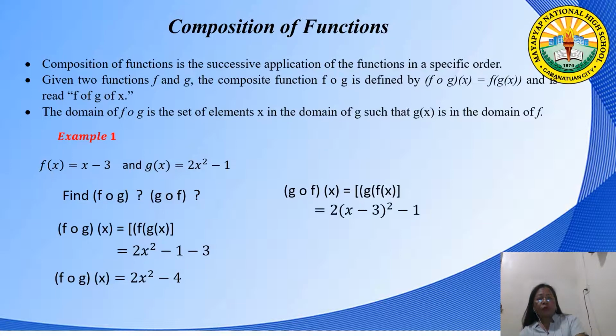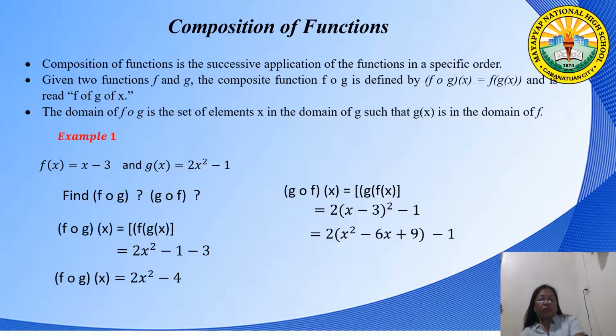So we have to multiply 2 by the quantity x minus 3 to the second power, minus 1. To simplify, first find the product of the quantity x minus 3 squared, and that is x squared minus 6x plus 9,